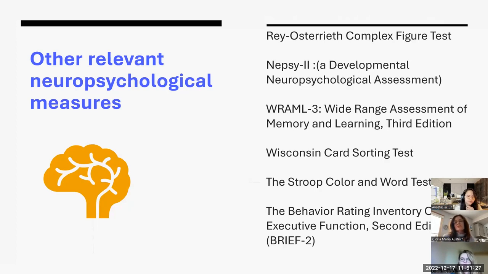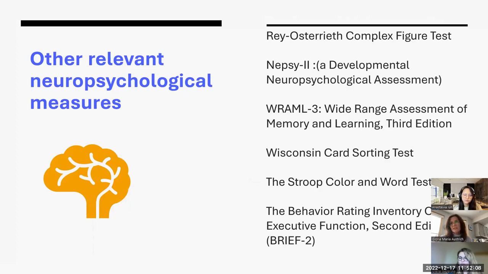The NEPSI 2, it's actually a foreign assessment, but it translates as a developmental neuropsychological assessment. And this is an amazing neuropsychological assessment. It really taps into so many different aspects of neuropsychological functioning. And there are different subtests there that would specifically look at attention. And also for the students with ASD, there were subtests that include pictures of children, and it's their ability to work with those cues and their reaction to it.